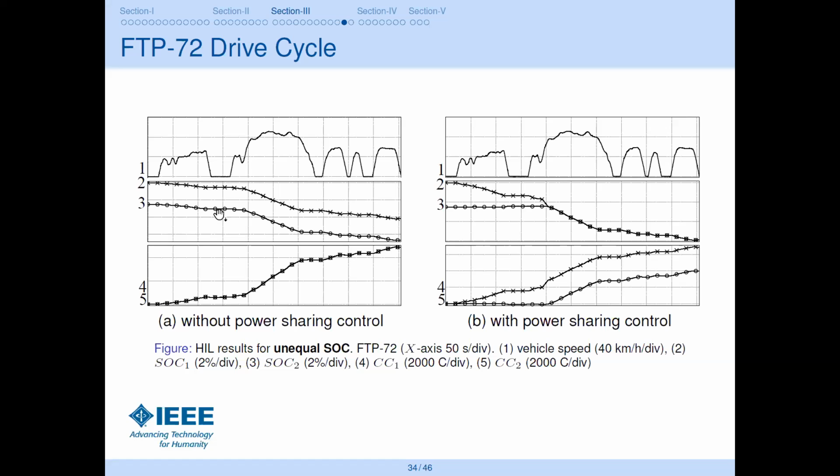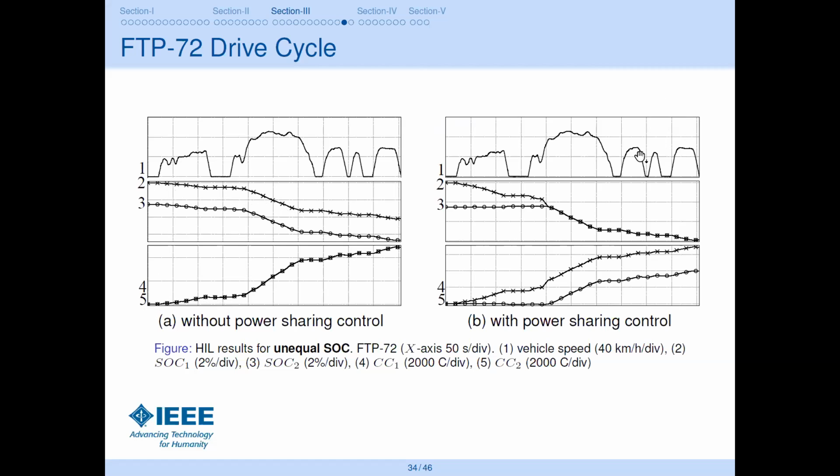So you can see here on the left side, without power sharing control, when the SOCs are unequal, both batteries are being discharged, irrespective of the speed, and both batteries are providing power to the load. From the fourth and the fifth trace, you can see that the coulomb count is increasing in a similar fashion, simultaneously together. But on the right side, when you see here,